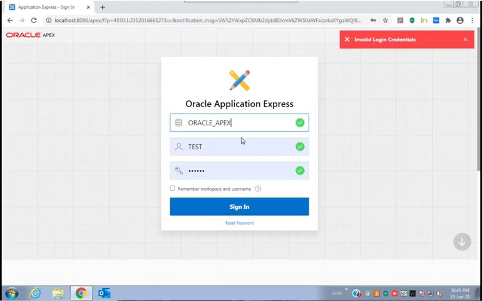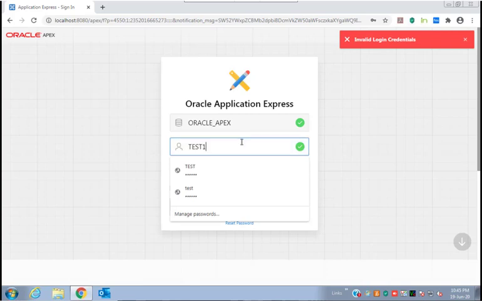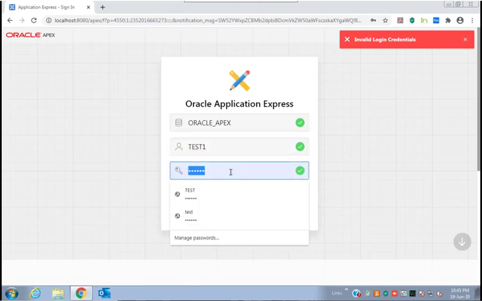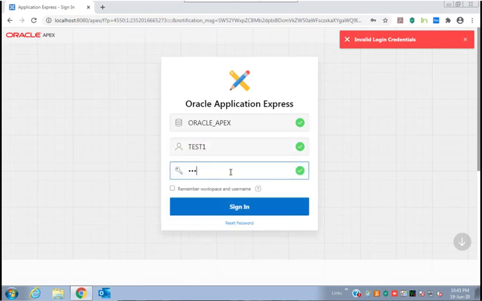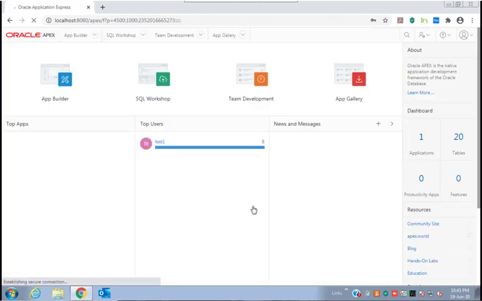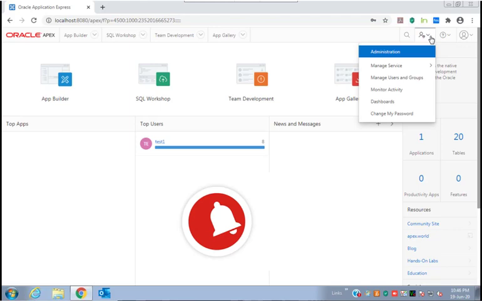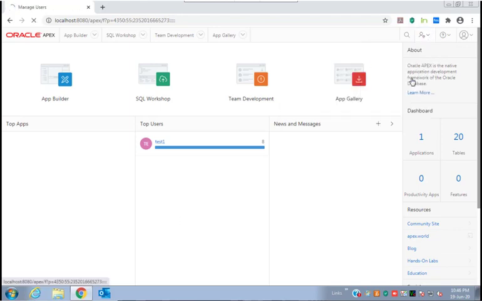We are logged in. So we go here to administrator, you can see administration, and we click on manage users and groups.